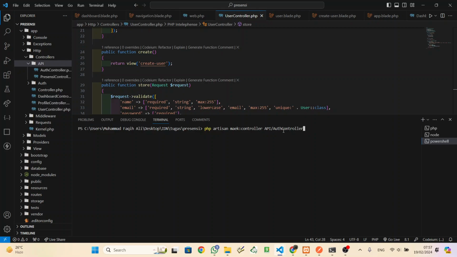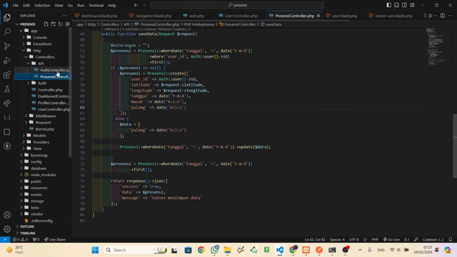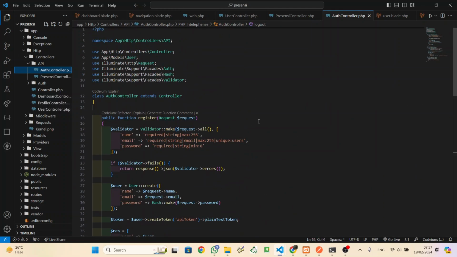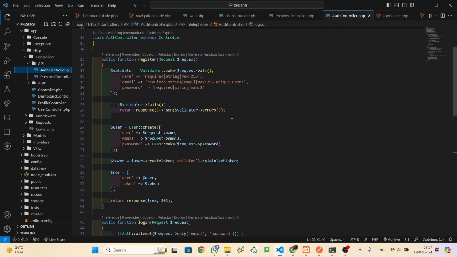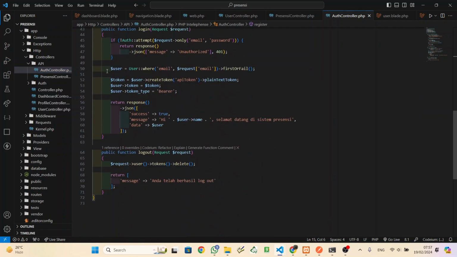So make this and enter, and then open AuthController. There is nothing here, but add a new function. There are three functions here.